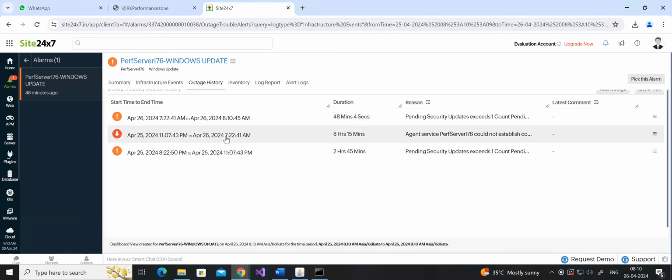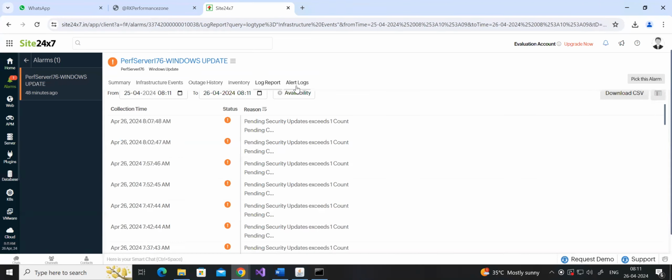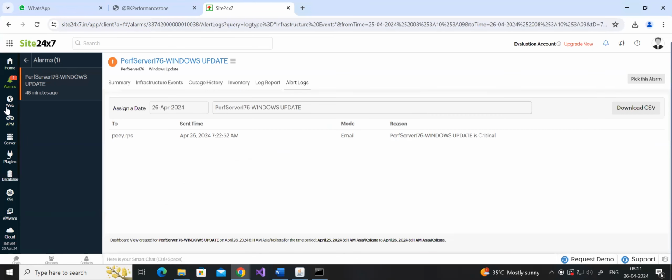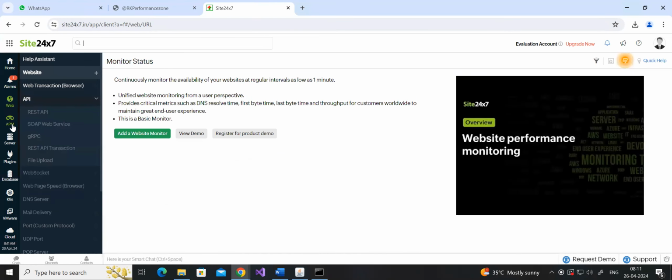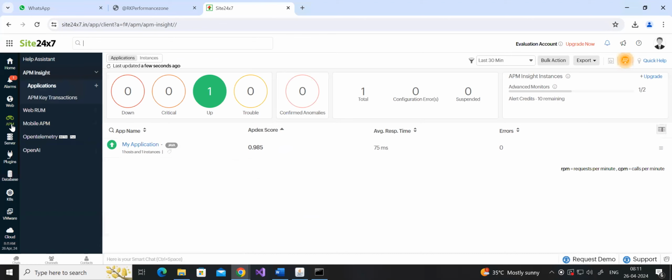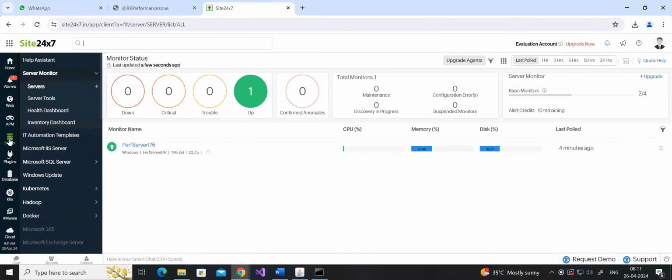If you see the downtime for the amount of time that I have stopped, it shows 8 hours 15 minutes that I stopped my machine. So it is recorded in the outage, and you can see the log report and the alert logs. The final point before I close my session, what I want to explain to you is